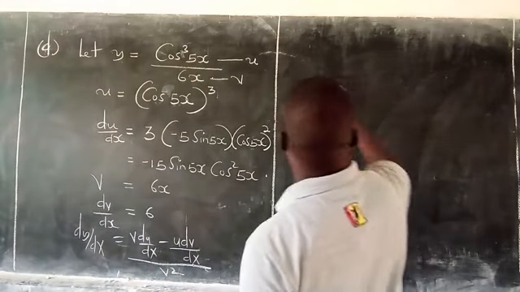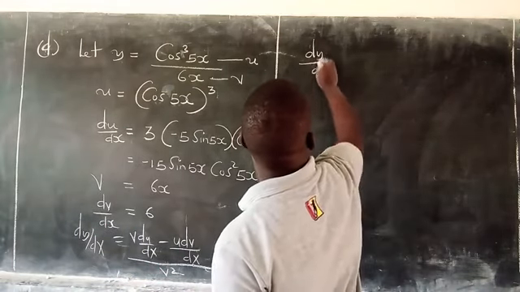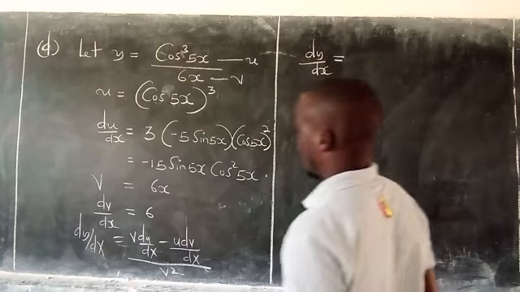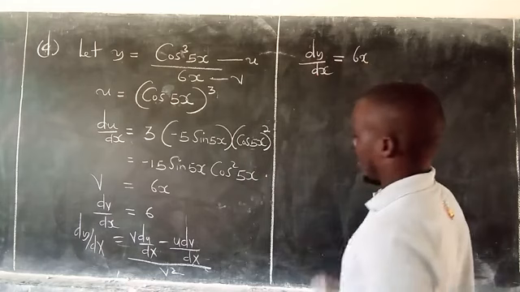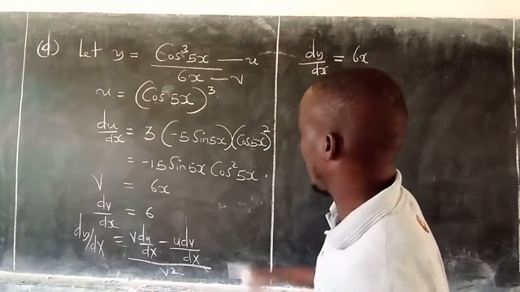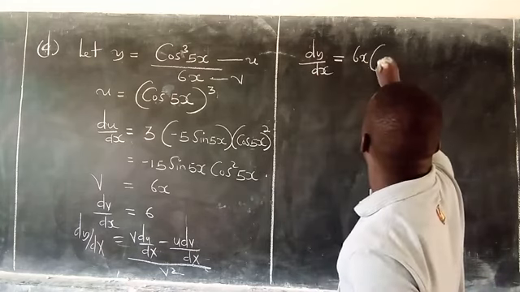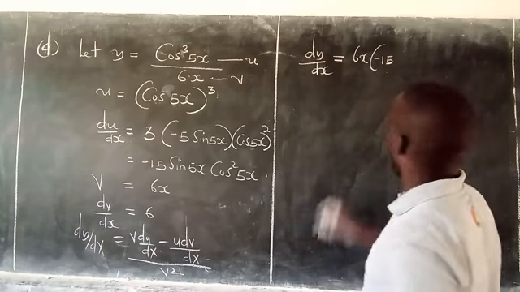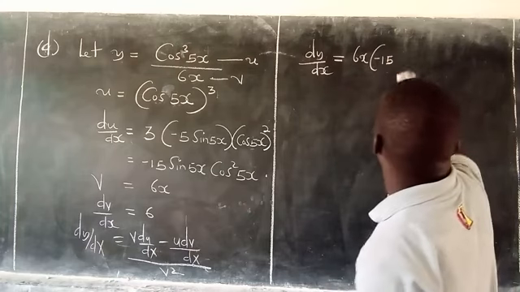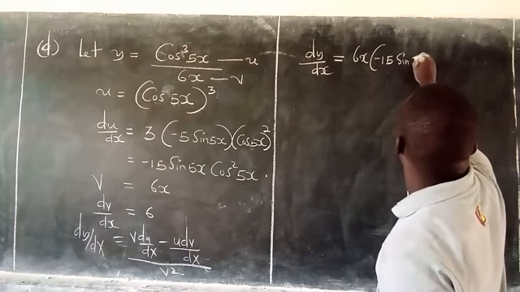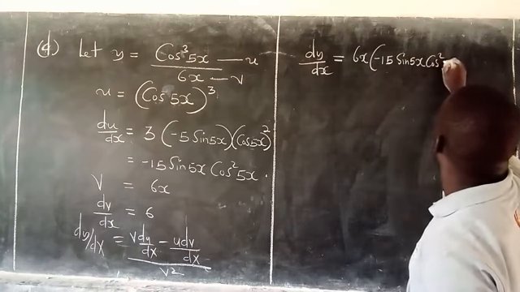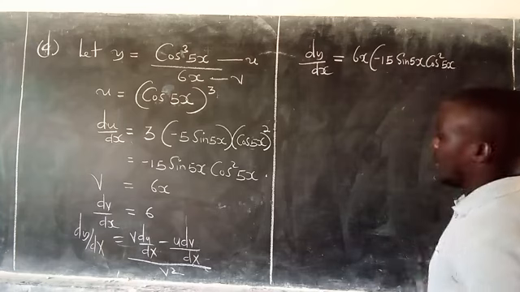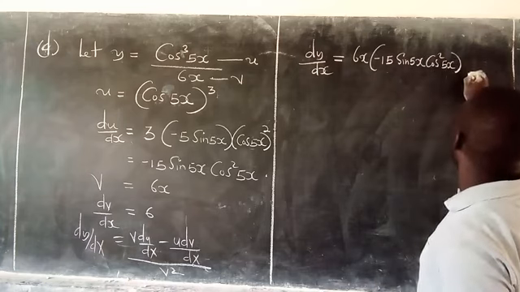Then from that point we do the substitution, so that our dy dx becomes v, which is 6x, multiplied by du dx, but du dx is the whole of this. So I will have minus 15 sine of 5x, then cos squared of 5x, minus